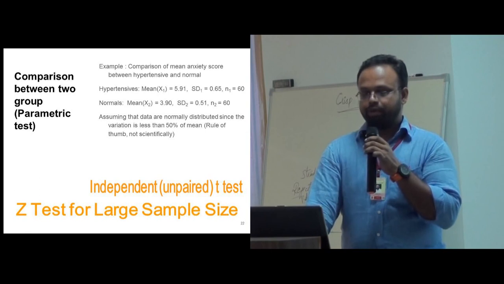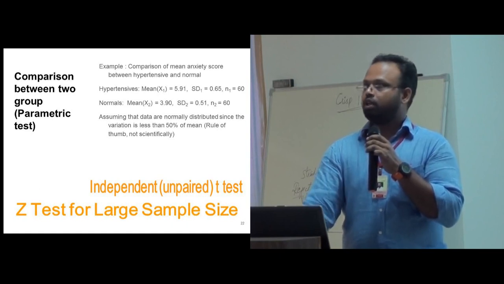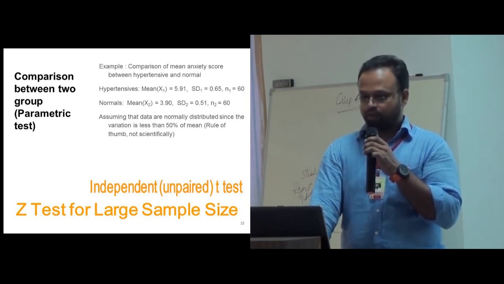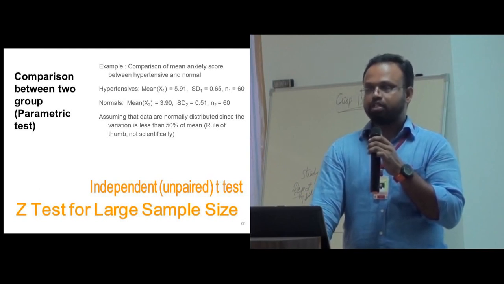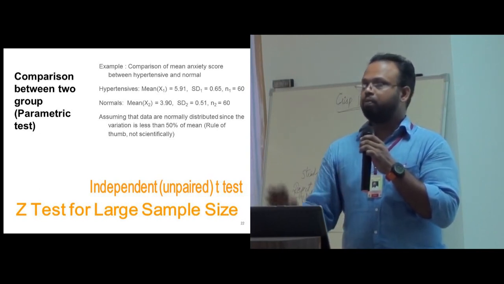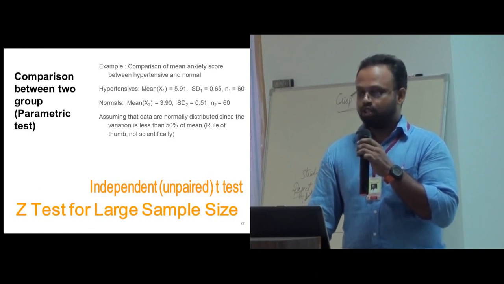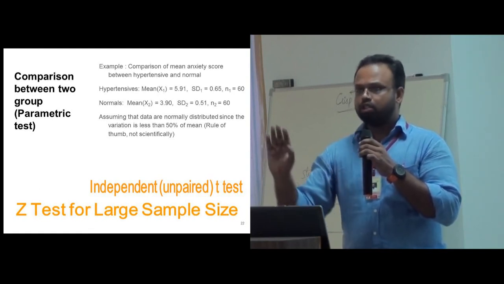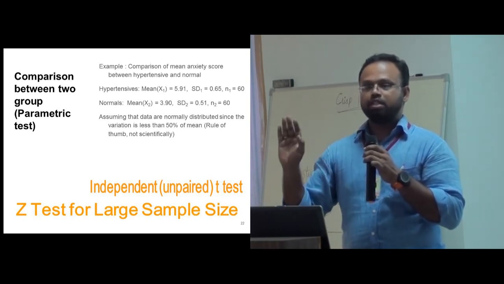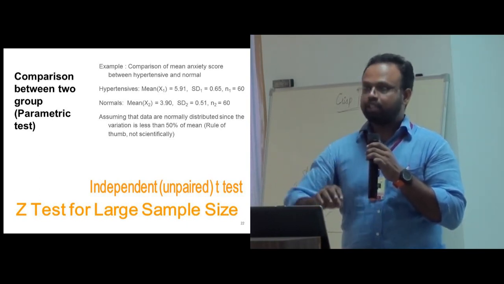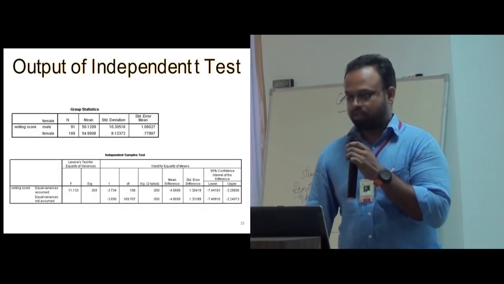Yeah, it is independent t-test, or unpaired t-test, or two sample t-test. Okay, so this is the choice. Now the question is for group 4, and we use z-test for the larger sample size. What is z-test? If the sample is more than 30, we can use it as a large sample size, but for more than 30 also t-test is good. For any sample size t-test is good, but z-test you can use only for large sample size.